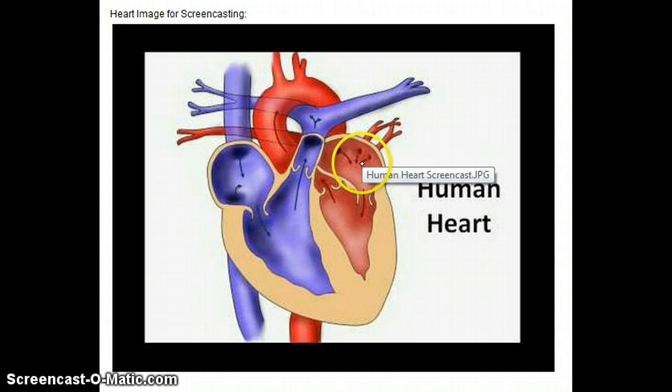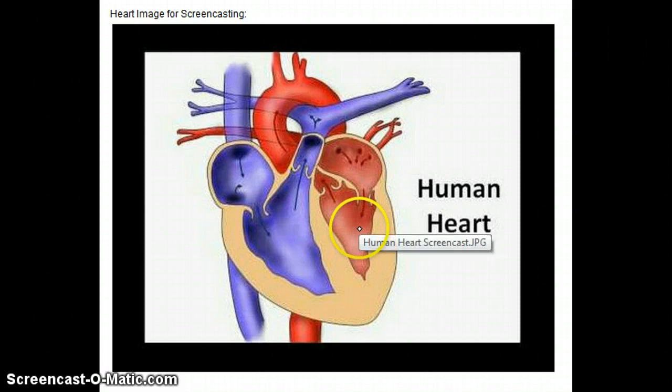Once in the left atrium, it is then pushed through the mitral valve. This is the valve that's often damaged in rheumatic heart fever, into the left ventricle, which is a very, very powerful chamber of the heart, a very muscularized chamber of the heart. And again, the heart pumps the blood through the aortic valve into the major aorta, and this is called the